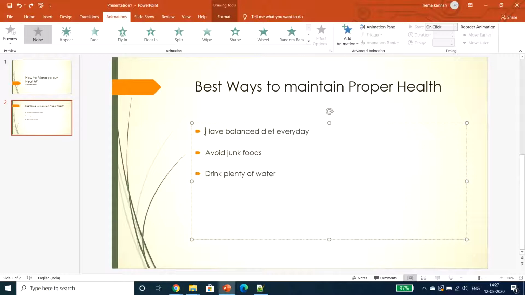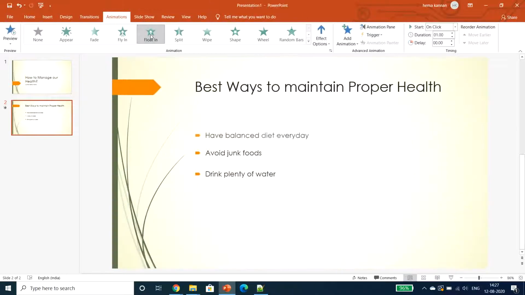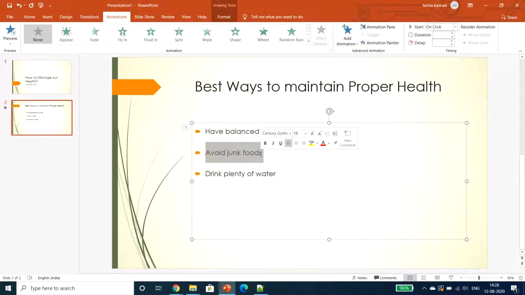First, for that I need to select a particular point. Once I have selected this point, I can select what animations I can apply. It needs to be presentable and professional, and it should be easy to read also. So I can go for Float In. The same thing I can apply for the other two also.